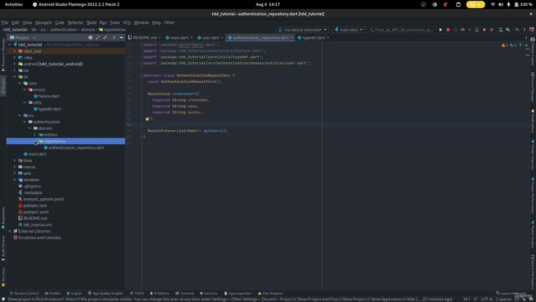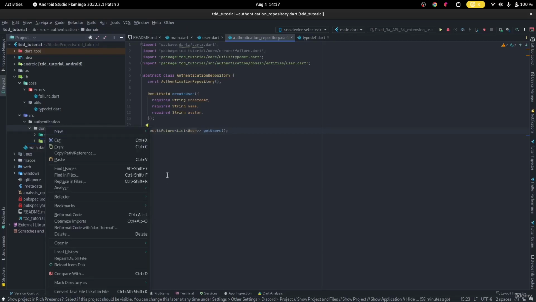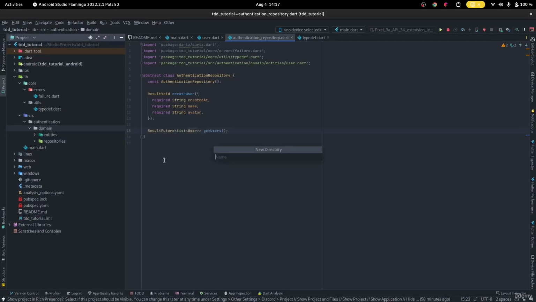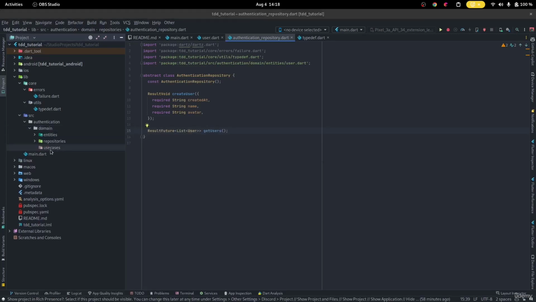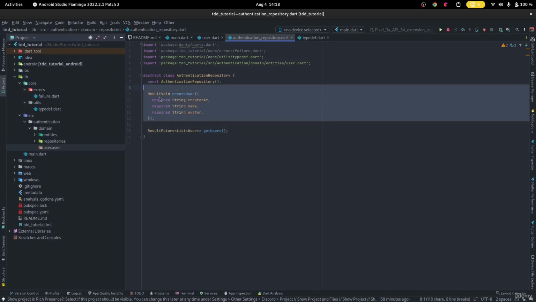So we have our entities, and we're using our entity in here. You can see we're passing them around inside of this layer. So next we have our use cases, directory use cases. Now inside of the use cases, we will create a file, we will create a module for each functionality inside